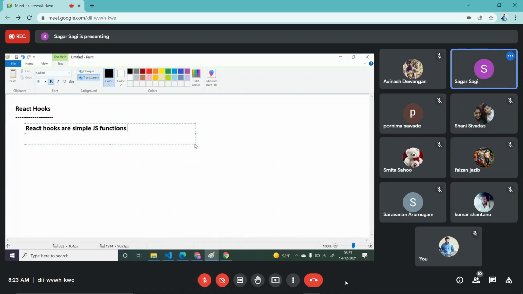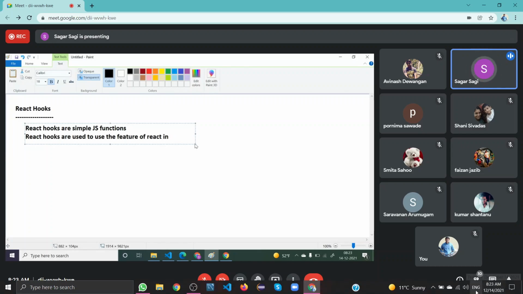Okay. And they will ask you what is the purpose of React hooks. React hooks are used to use the features of React in functional component.